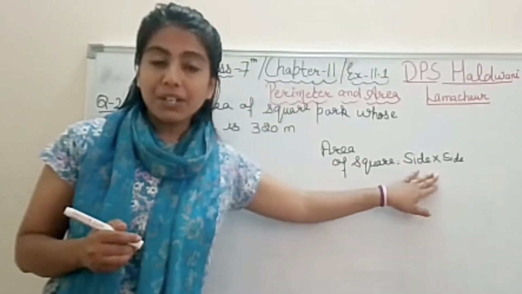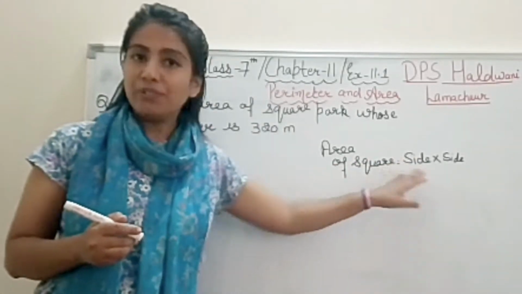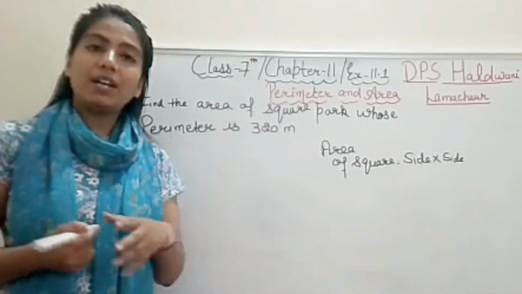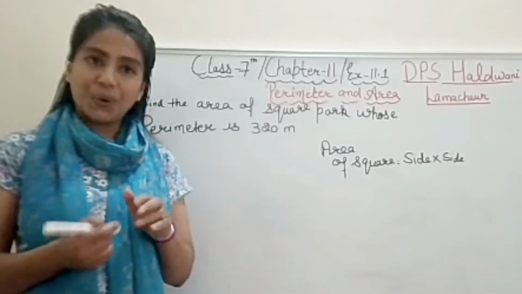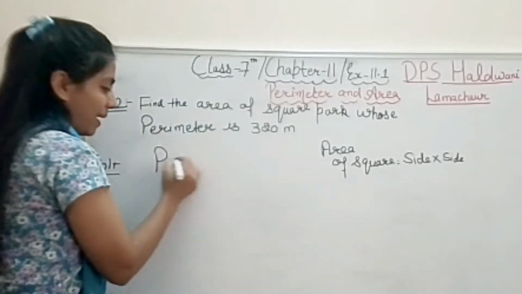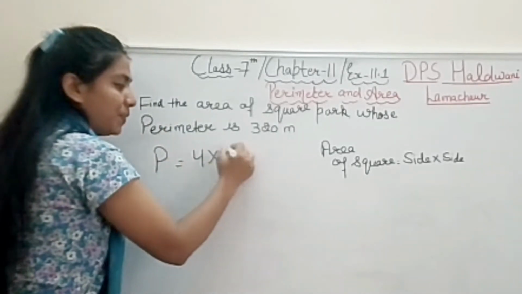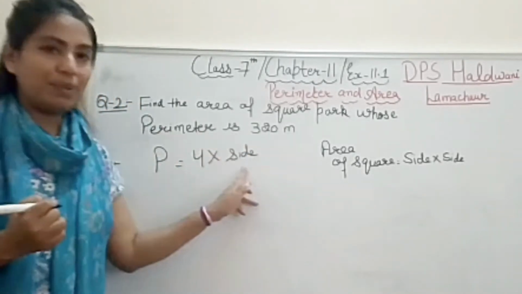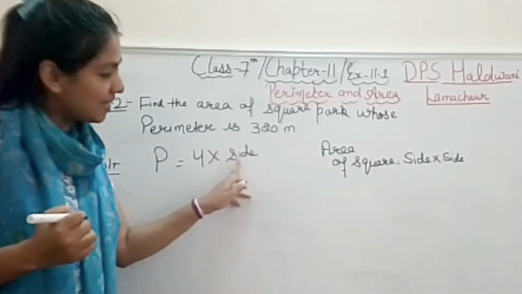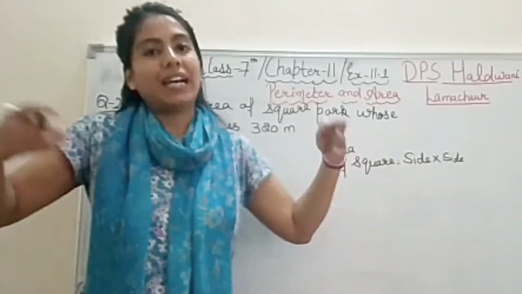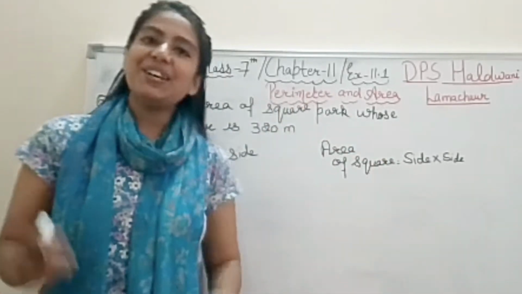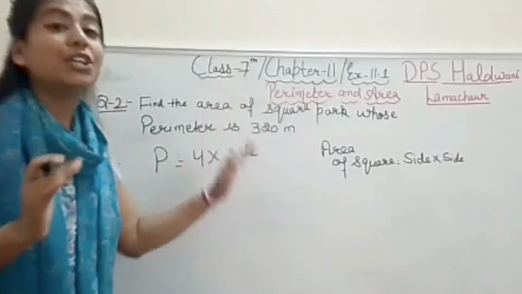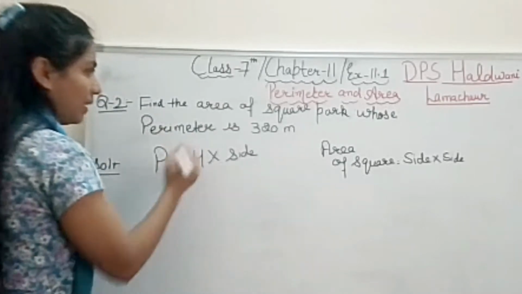So you are given the perimeter of the square, not the side. Then only you will find it out. How can you find out the area from the perimeter? Because as you know, the perimeter of a square is 4 into side. So with the help of the perimeter, we will be able to find out the side. Then we put this side into the area formula, and easily we will get the area of the square. Right, student? So basically you need to understand the question. So let's quickly start.